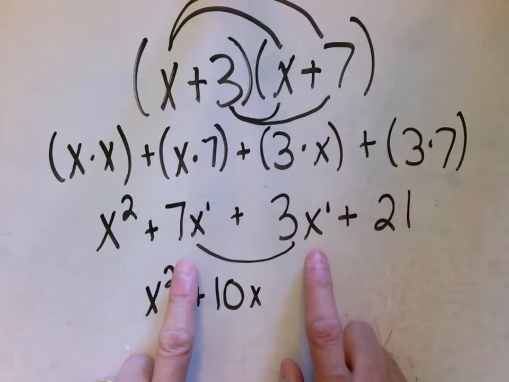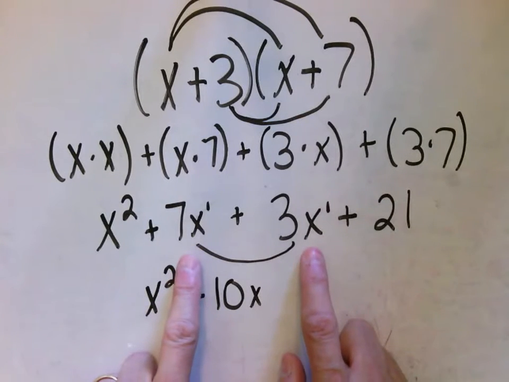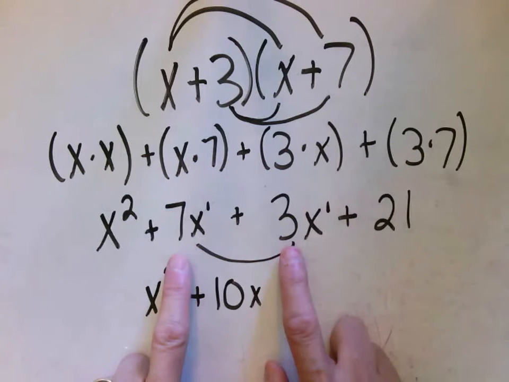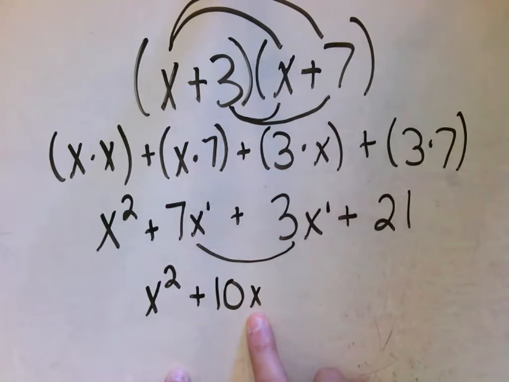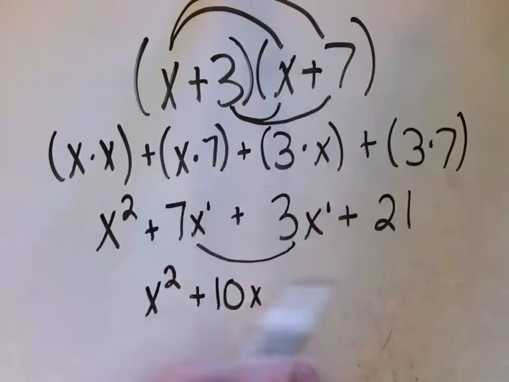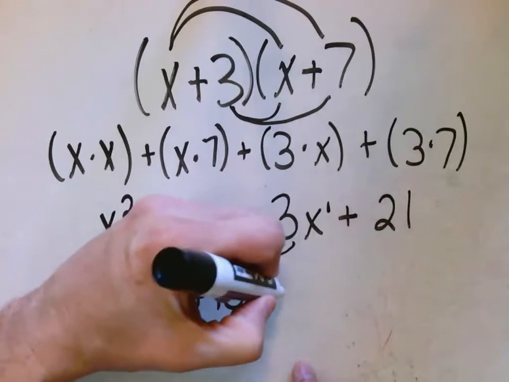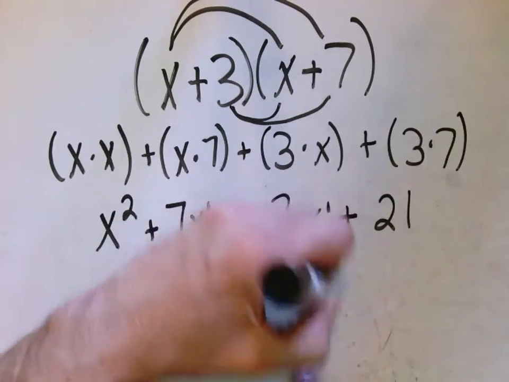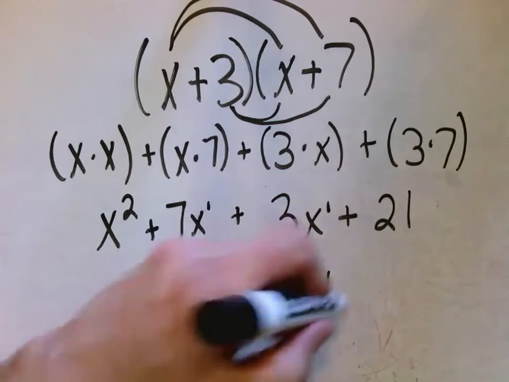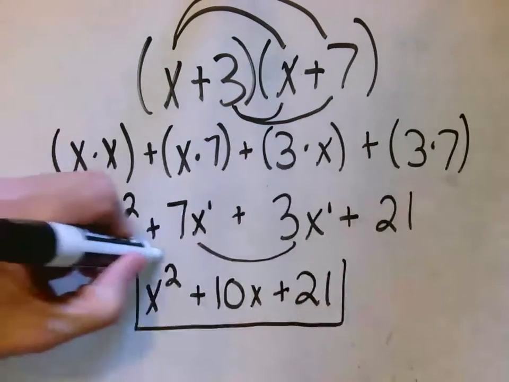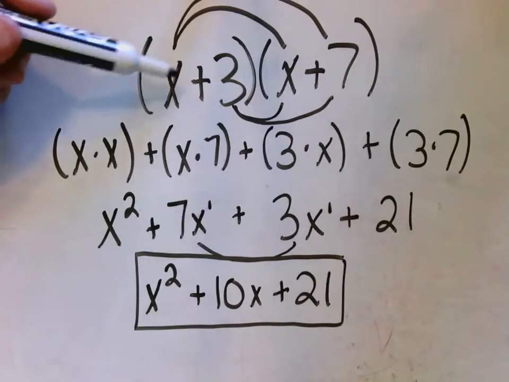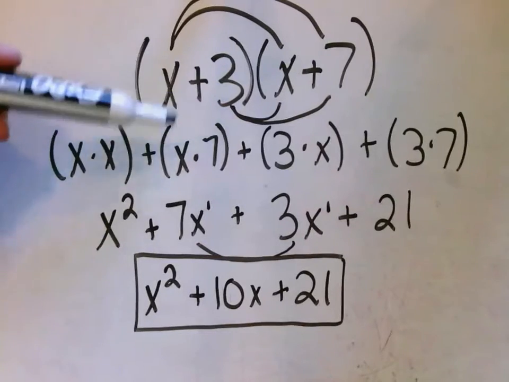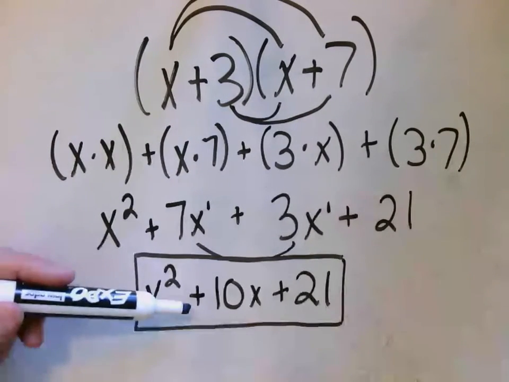When we're adding like terms together, we add these two numbers together. 7 plus 3 is 10. We just rewrite the variable as x, right? 21 doesn't combine with anything, so we just rewrite it. And this would be our final simplification. So x plus 3 times x plus 7 simplifies to x squared plus 10x